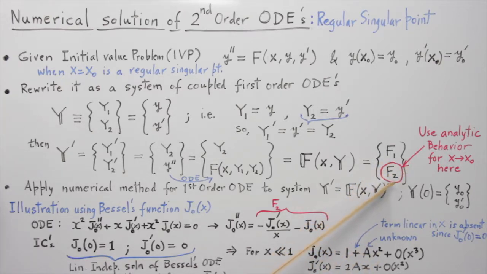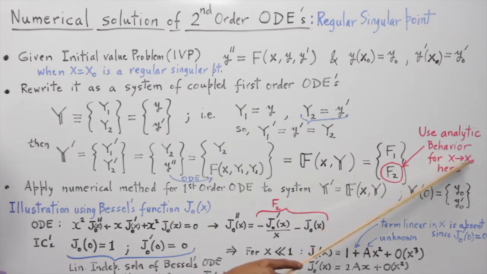We can say that if we are close enough to this singular point, then an analytic expression for f2 is used, which is better behaved in the vicinity of this singular point. And then once we are away from the singular point, we just use the given differential equation without any modification elsewhere. So the region where a particular expression for f2 gets used can be